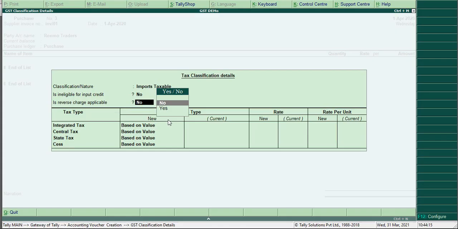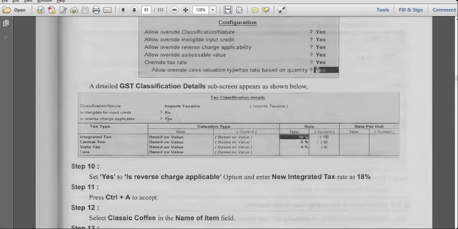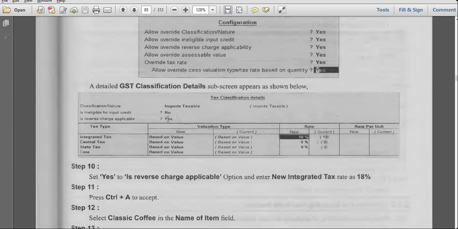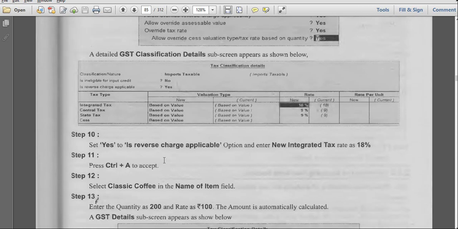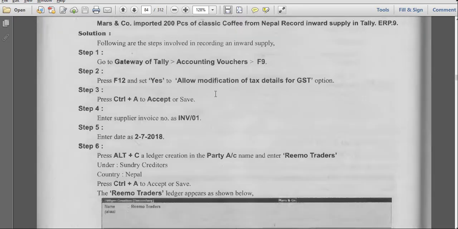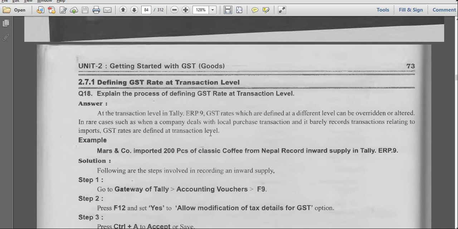In reverse charge is applicable, yes. And the percentage is 18%. Automatically 9 and 9 will be integrated. Okay. So select yes to is reverse charge is applicable option, and it is used to new integrated tax as 18%. So here we have purchased the goods, we have imported the goods with a percentage of 18,